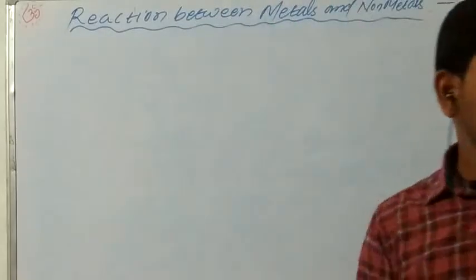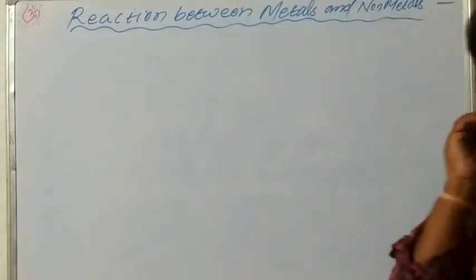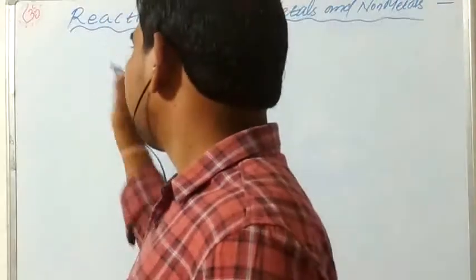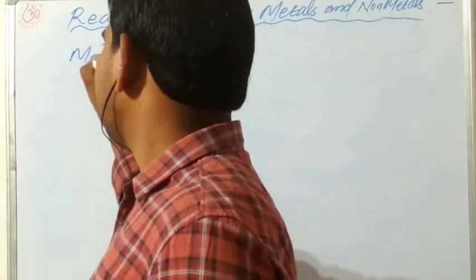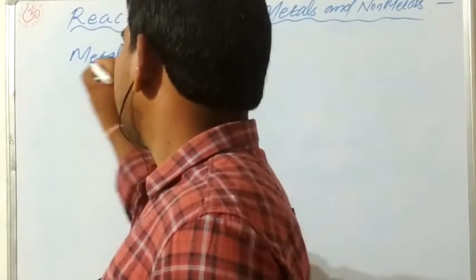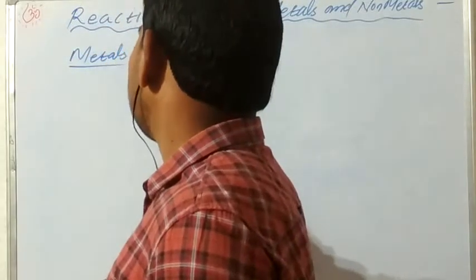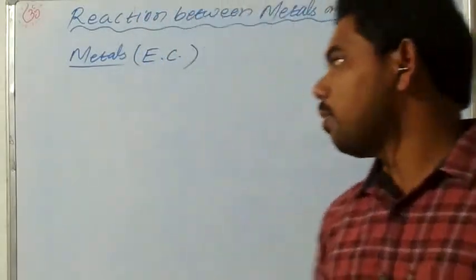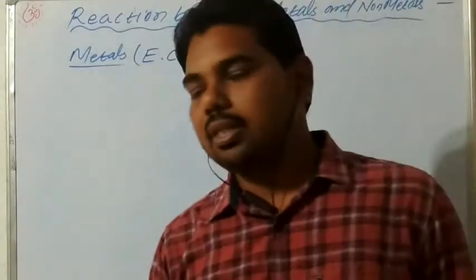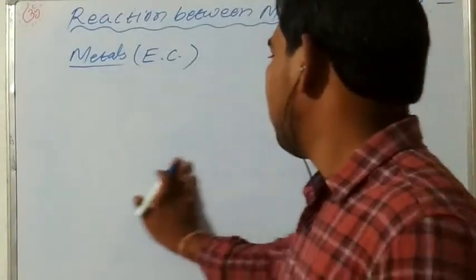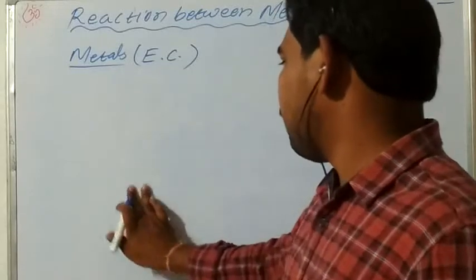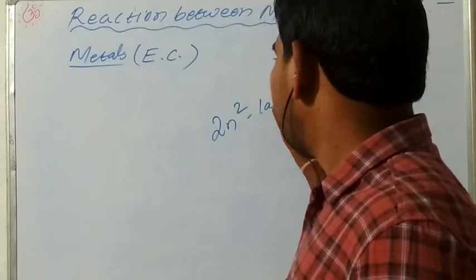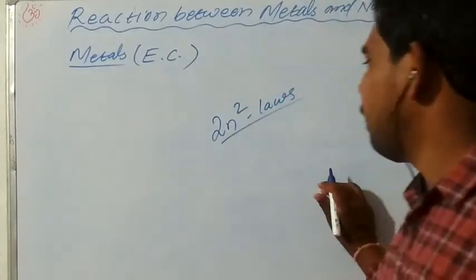We know that inside the atom, electrons are present. Like we have discussed some metals' electronic configuration. What is electronic configuration? Electronic configuration is the distribution of electrons in the shells. We are not discussing the next chapter; we are studying the 2n square law. I have given you a little introduction.